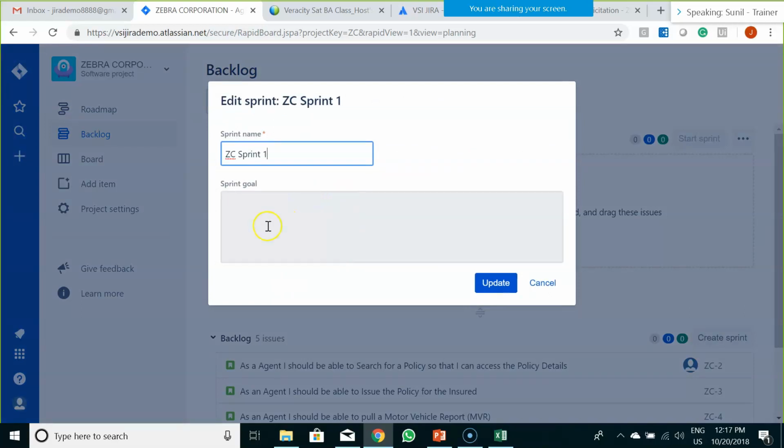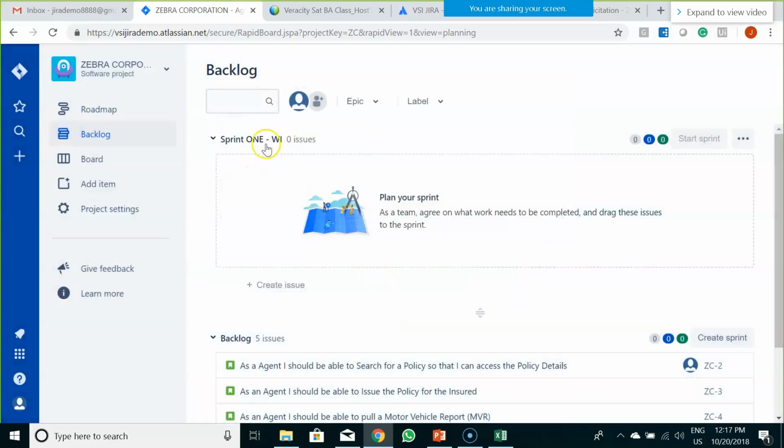So what I would do, I would edit this particular sprint and write it as sprint 1 work items and update it. So this is my sprint 1 work item.